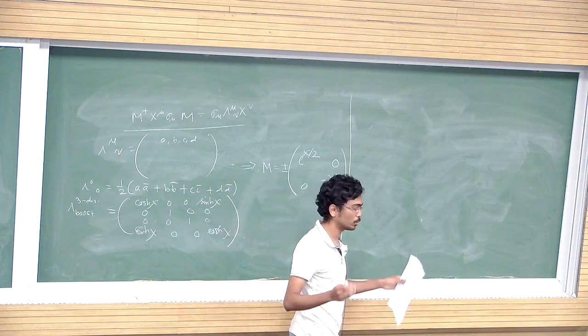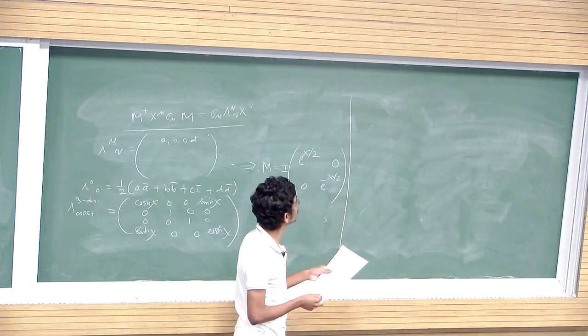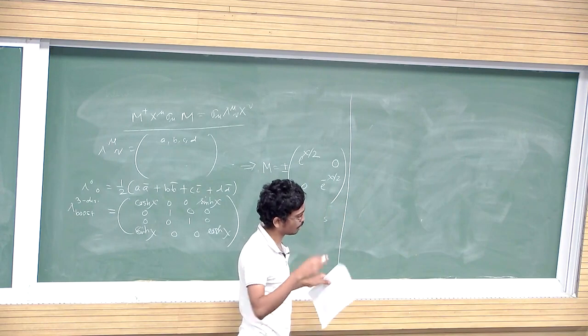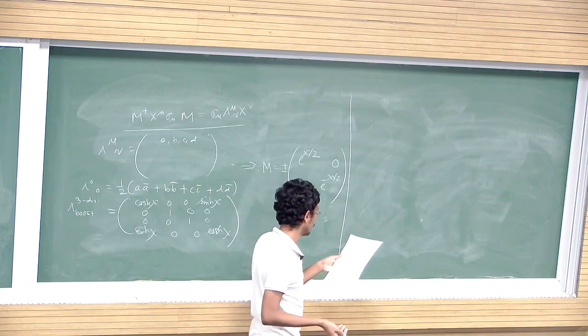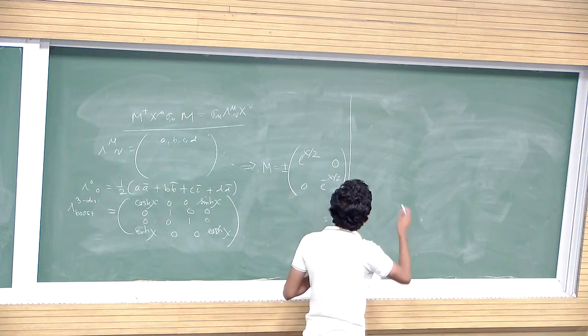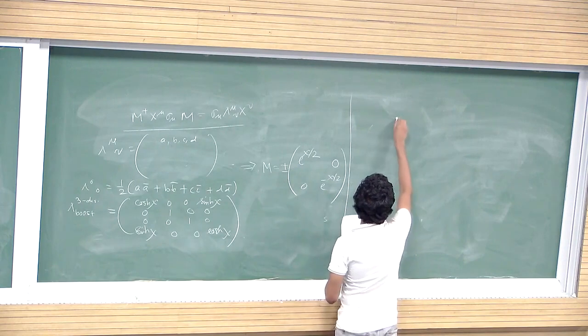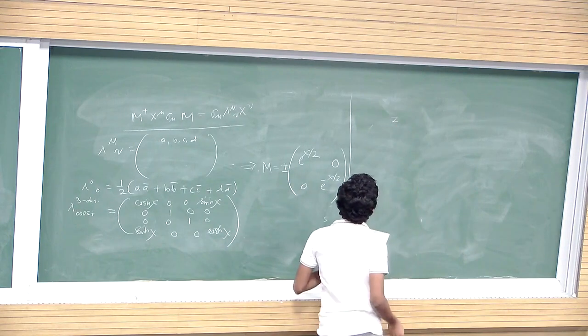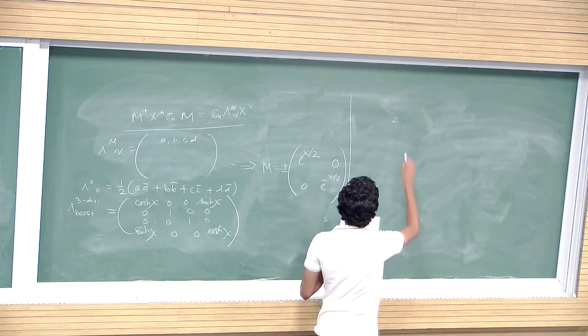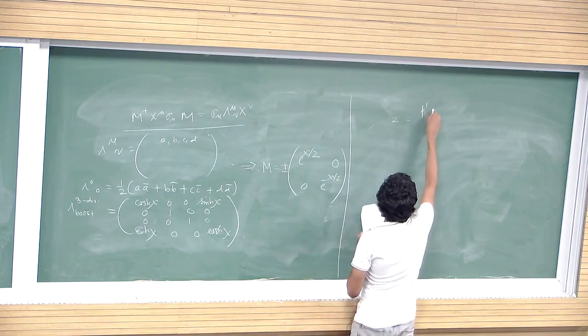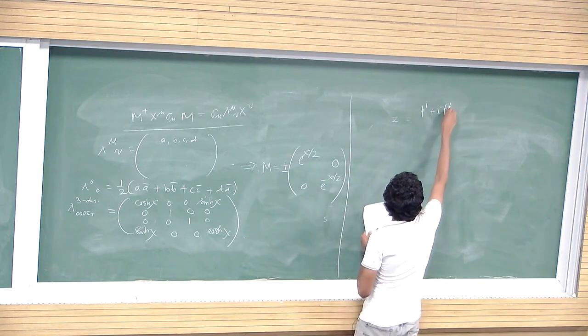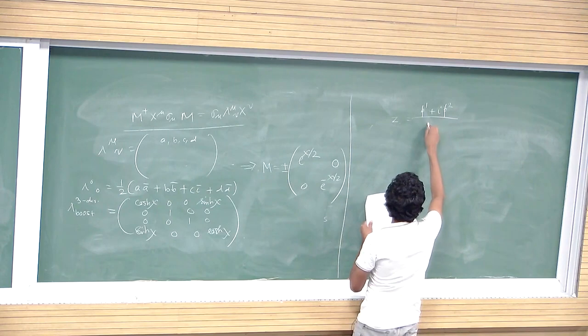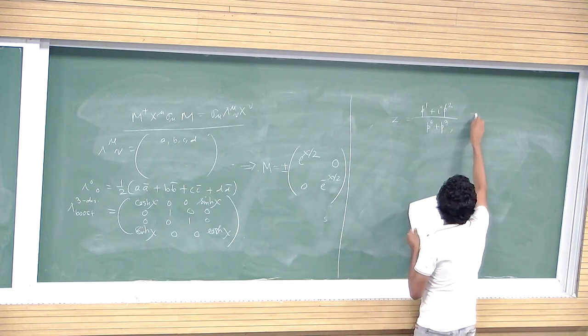Since I am dealing with massless particles, the momentum of a massless particle is basically a null momentum. And now suppose you introduce two complex variables z and z bar in this way. So z is (p1 plus i p2) by (p0 plus p3), and z bar is